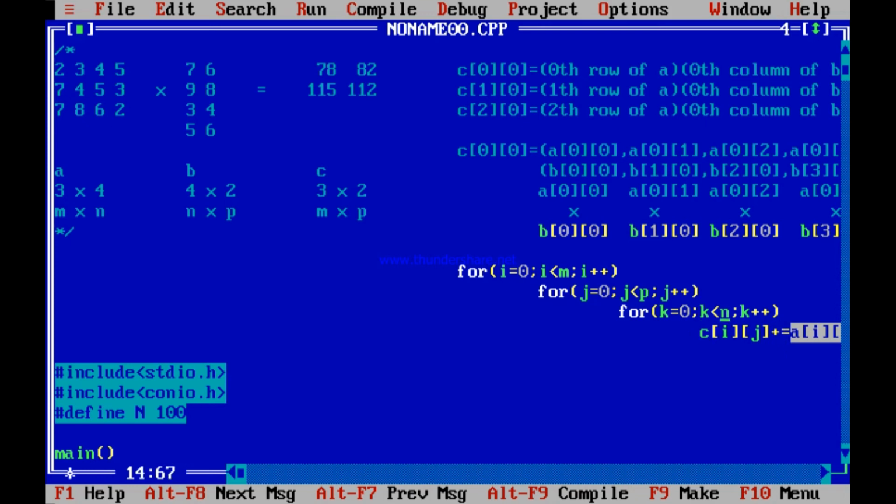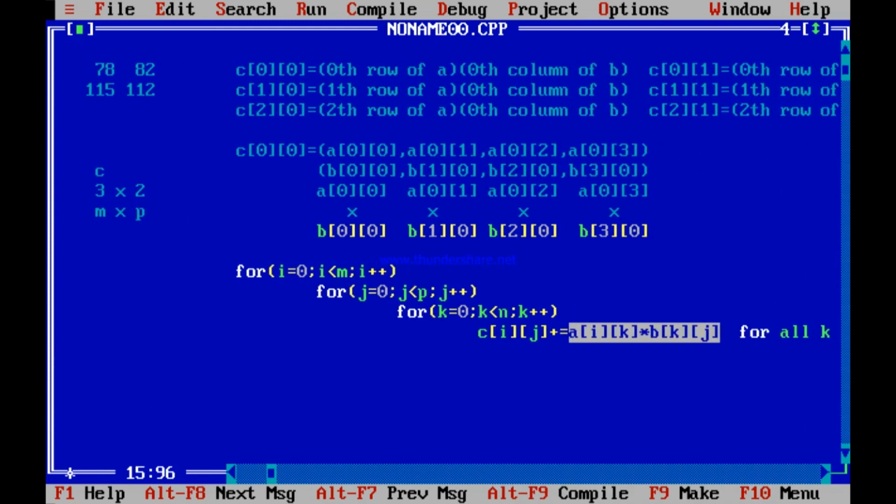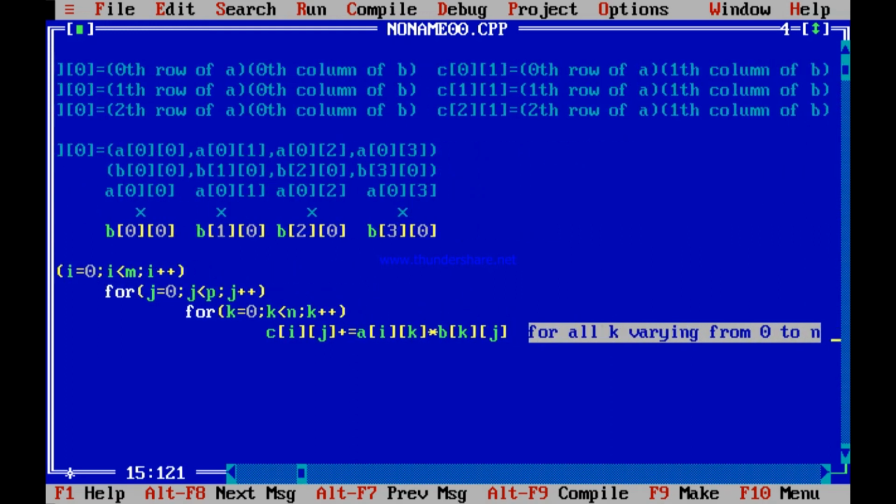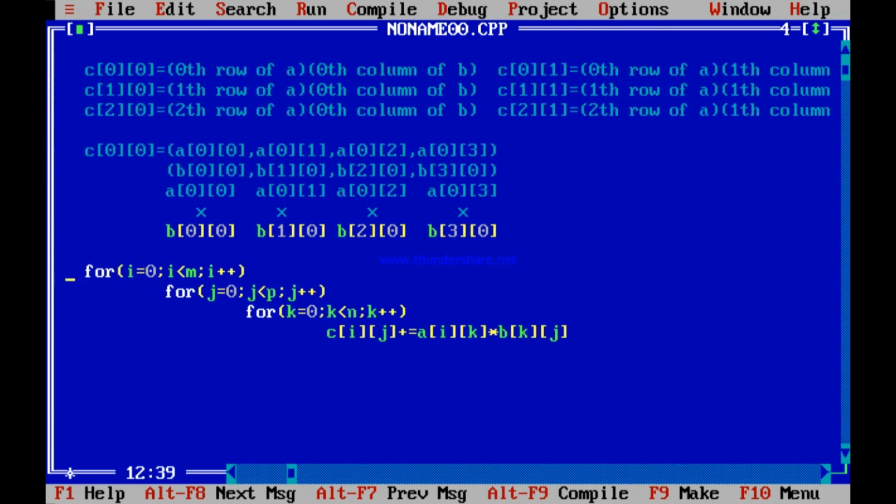This n is the number of columns of A and the number of rows of B. M cross n and n cross p. So I am doing it for all k varying from 0 to n. Is not it so? So this is your part of code, which is the multiplication, the most important part of code.